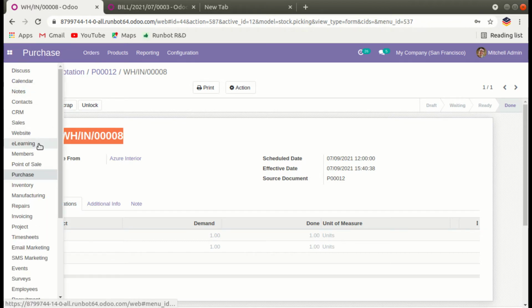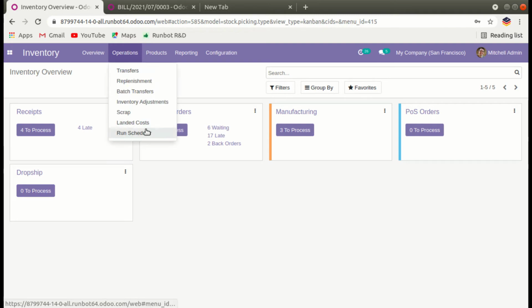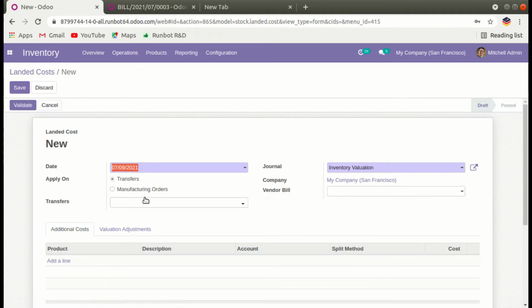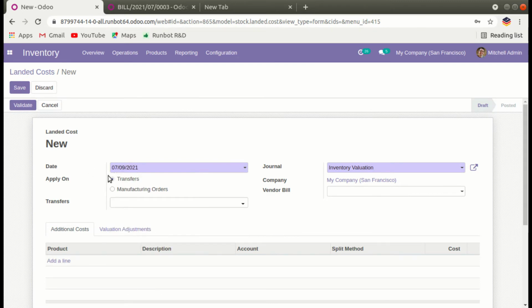and let's go to the inventory module. Let's create landed cost. You can set a date when you create your landed cost, then apply on transfer or manufacture order. You can also add landed cost on manufacture order. So first I set a transfer, then paste our transfer ID.